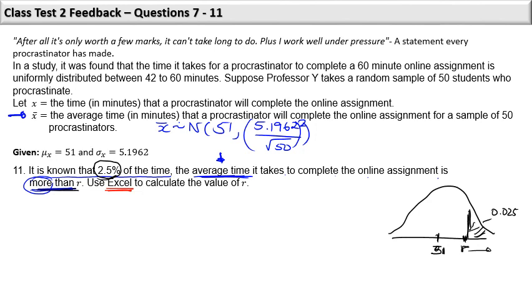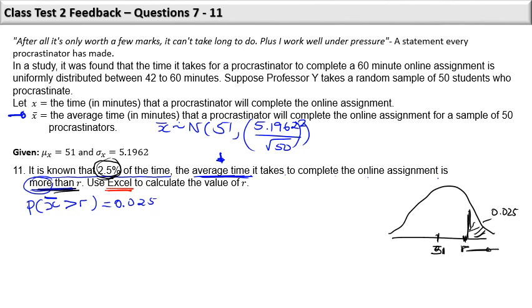So you realize what the question is saying is that the average time is more than R 2.5% of the times, so it's greater than R 2.5% of the time. So if we were to write it in a probability statement, we are looking for the probability that X bar will be greater than R,